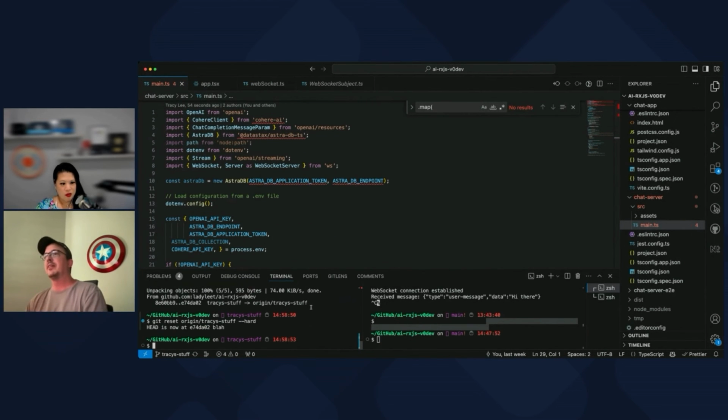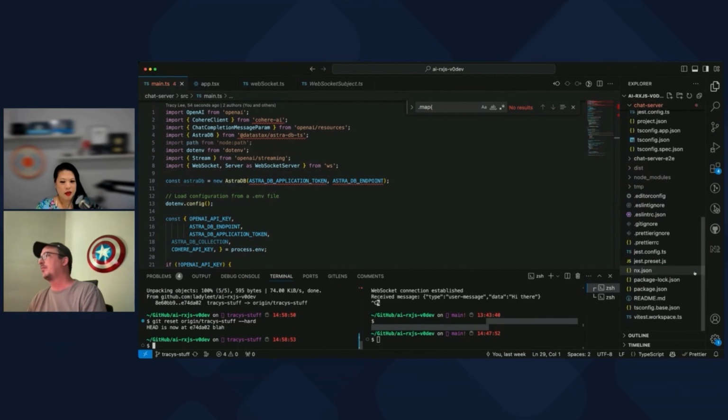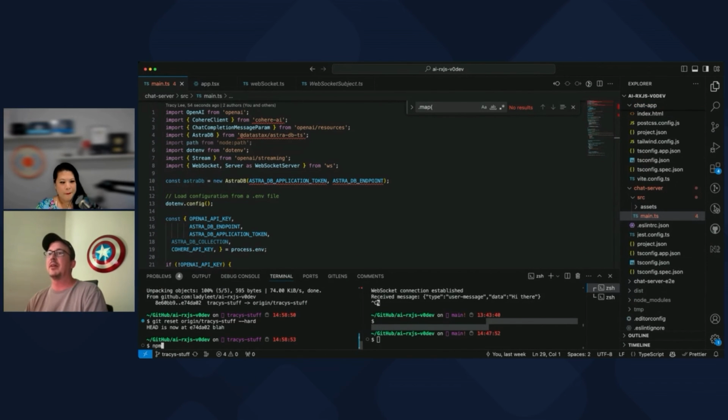Okay, so we definitely need to... Are we using npm for this, or what are we using? Yeah. All right, so we need to npm install --save cohere-ai. And I need to do that too, anyways. Sax, AstraDB, yes.